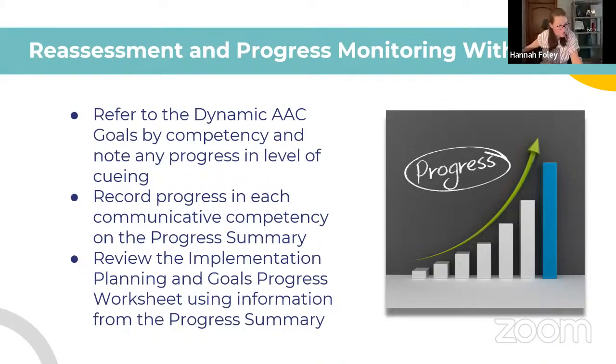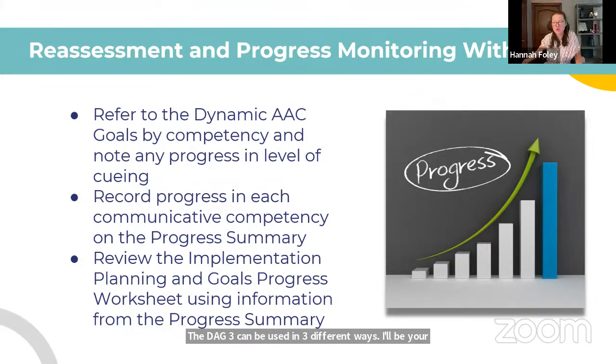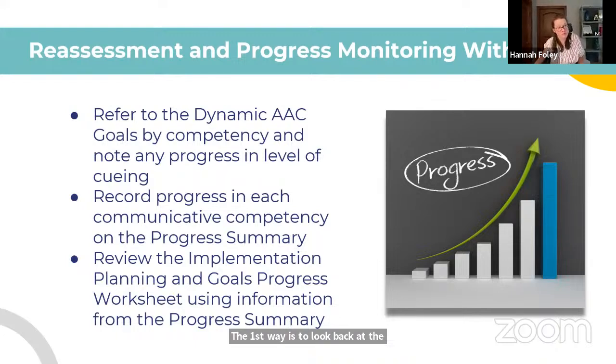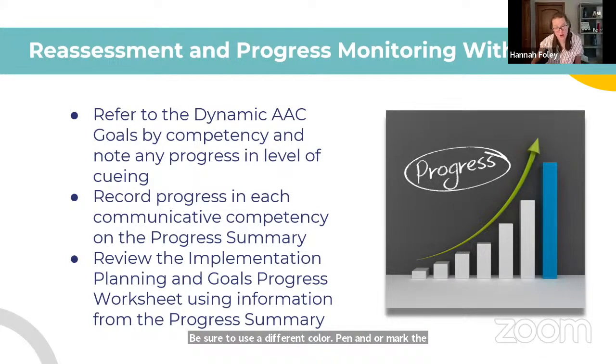The DAG3 can be used in 3 different ways in reassessment and progress monitoring. The first way is to look back at the dynamic AAC goals listed by competency and mark any progress in the level of cueing. Be sure to use a different color pen and/or mark the date of reassessment to denote progress monitoring. The second way to use the DAG3 in reassessment and progress monitoring is to use the AAC Goals